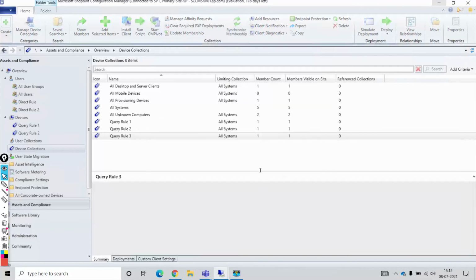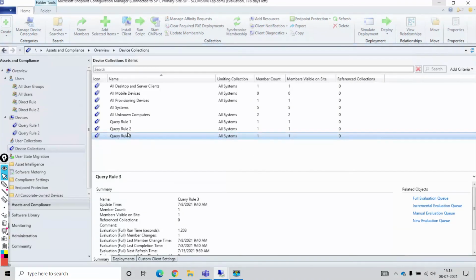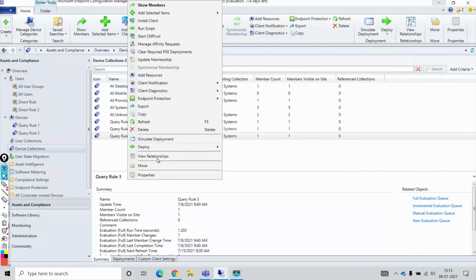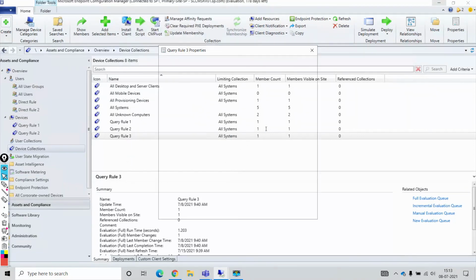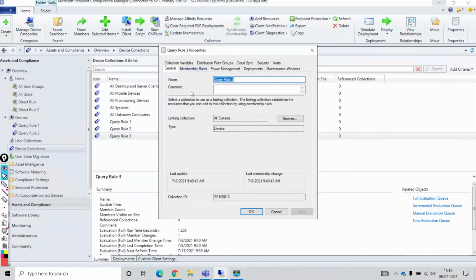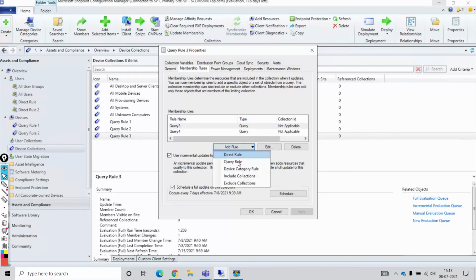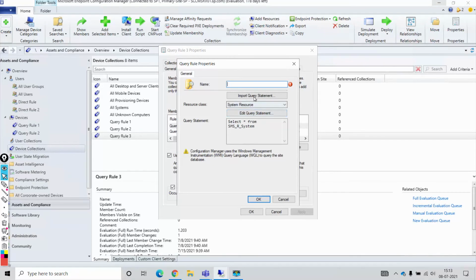Okay, so the concept is that whatever queries we are adding, I'll go again to the properties. We want to understand what is a direct rule and what is a query rule. So if I go to the query rule again, here we need to define a query. Let's say I'll define a query again, and I'll go to edit query statement.